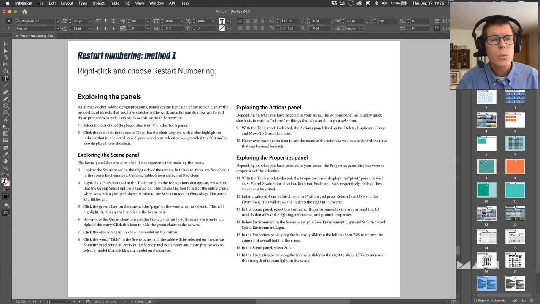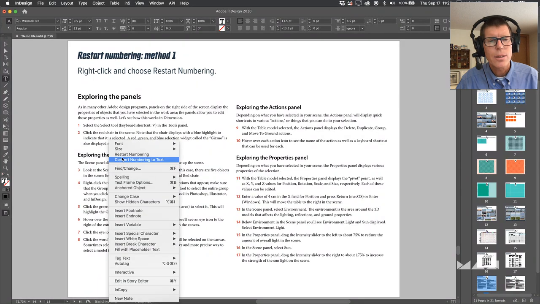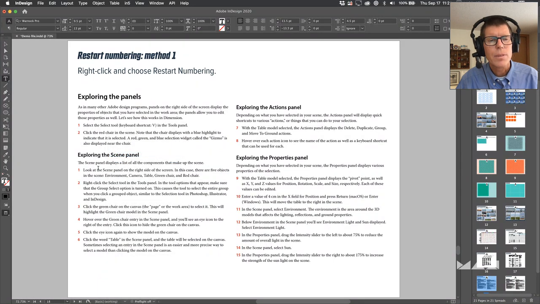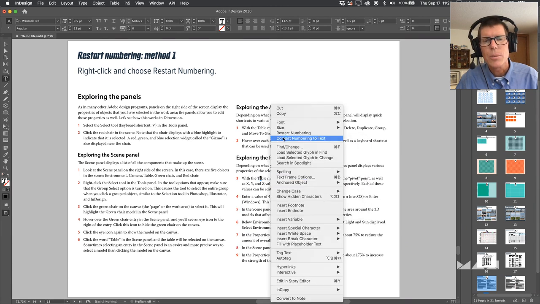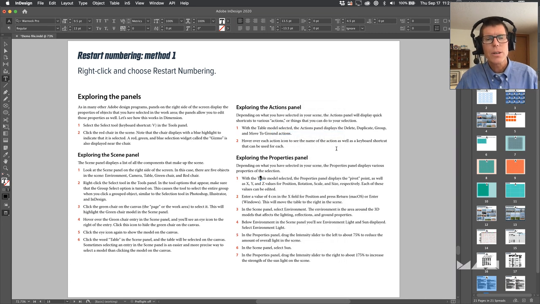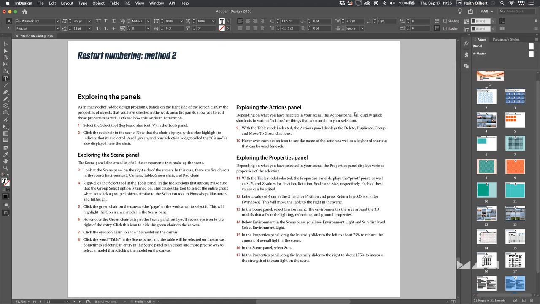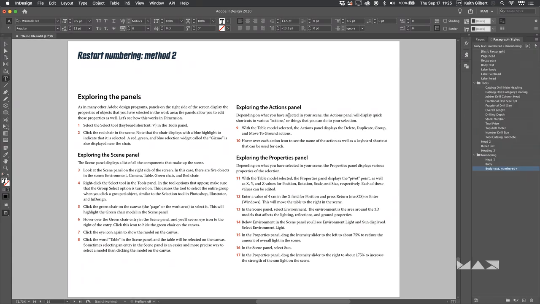Well, one way to restart is to right-click on the paragraph you want to restart at and say Restart Numbering. And that restarts it at 1. Then I could go to this one and say Restart Numbering, and then go to this one and say Restart Numbering. Trouble is, I might forget to do that somewhere in a 300-page book or something. So I'd rather have it be completely automatic. So let's see how to do that. There's a kind of cryptic method for doing this. It works great, requires some setup though.